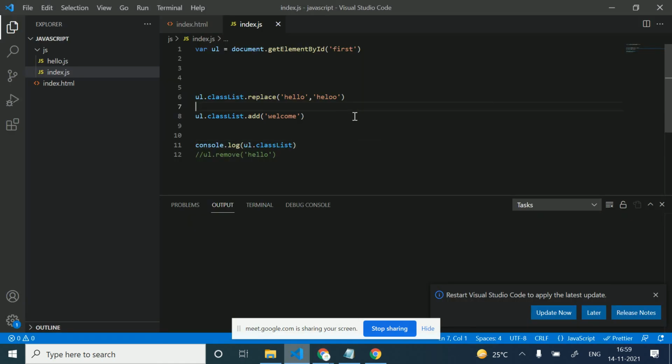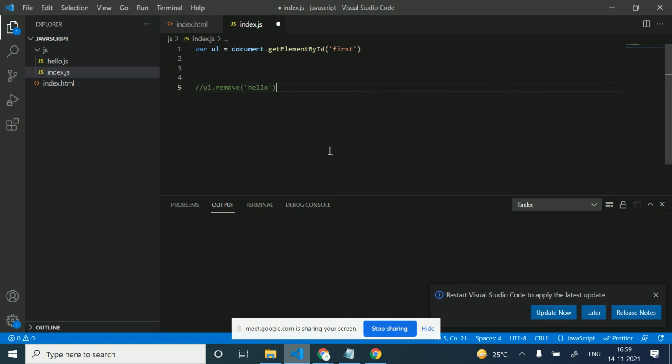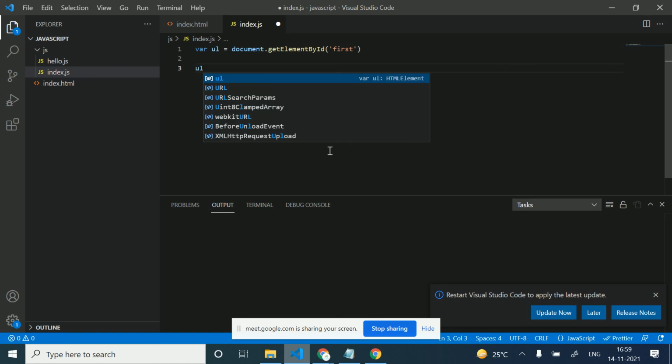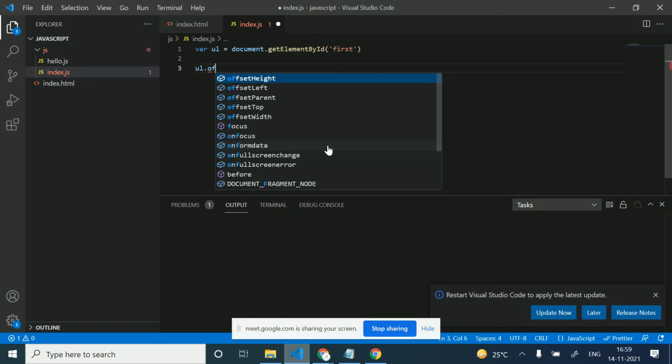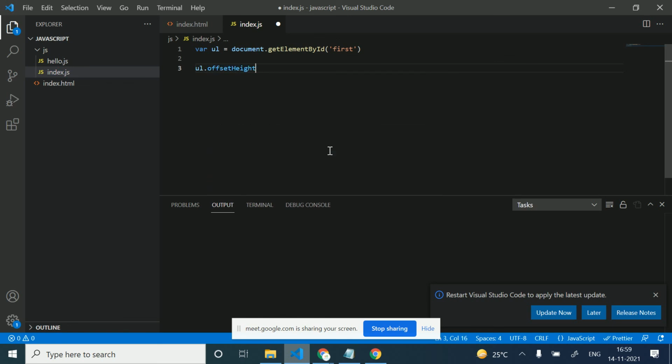Okay, there is another thing: how we can get the height and width. There are two types of properties, offset and client. If I'm using ul.offsetHeight, this is not a function, this is a property of the element.